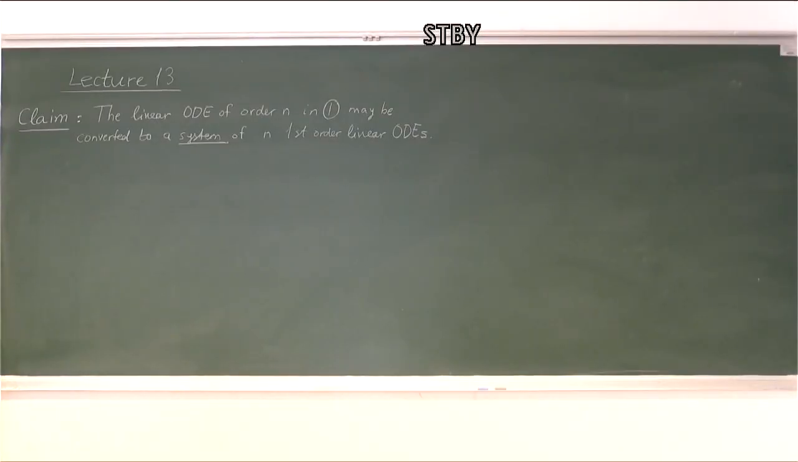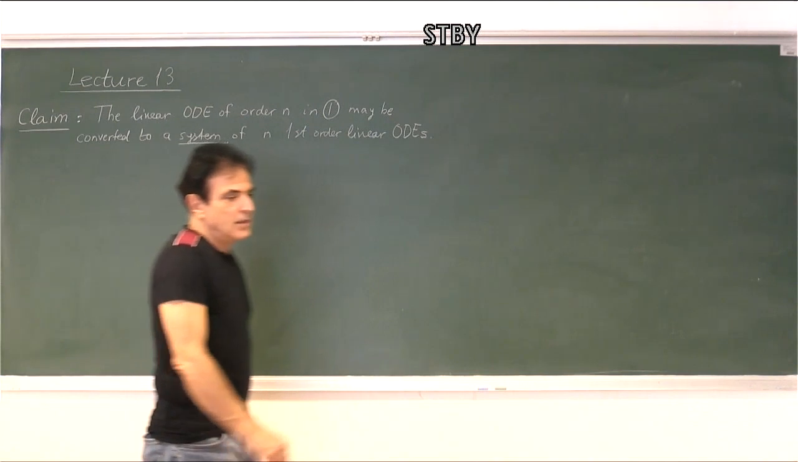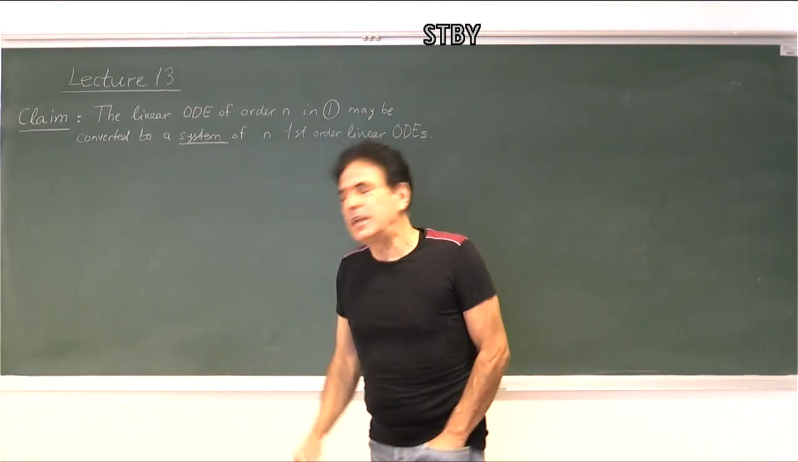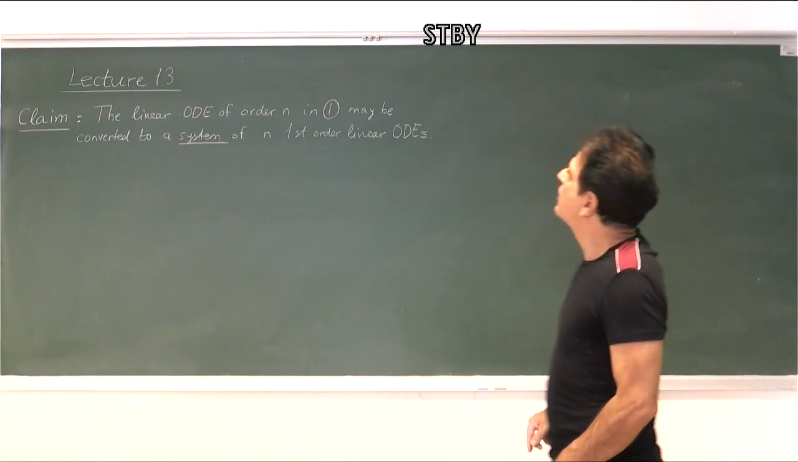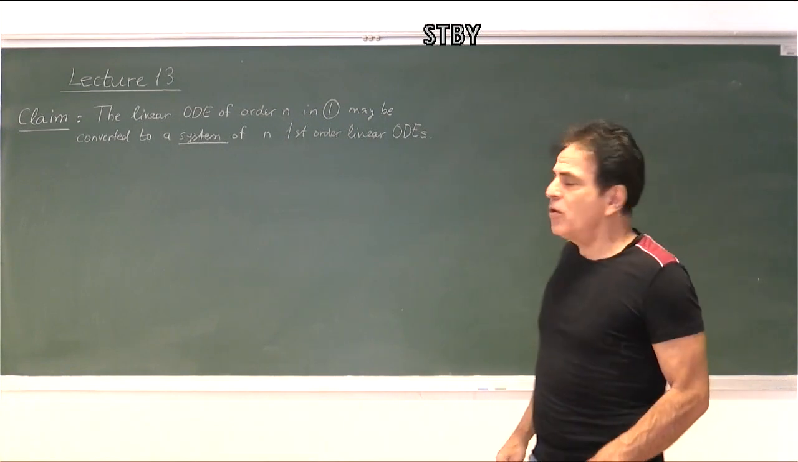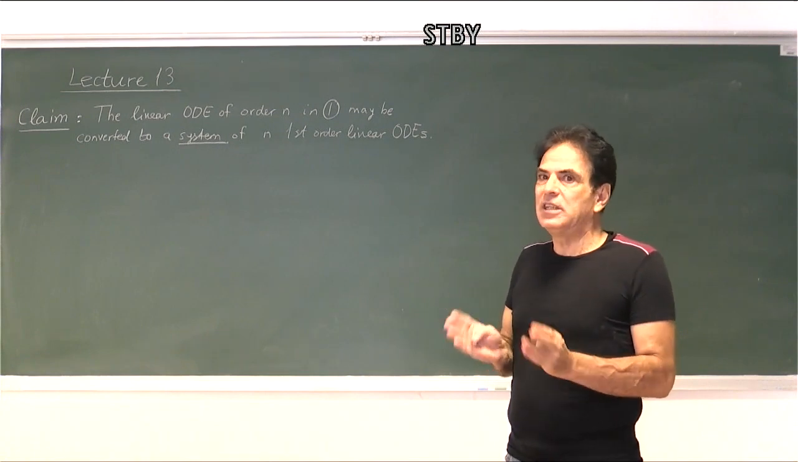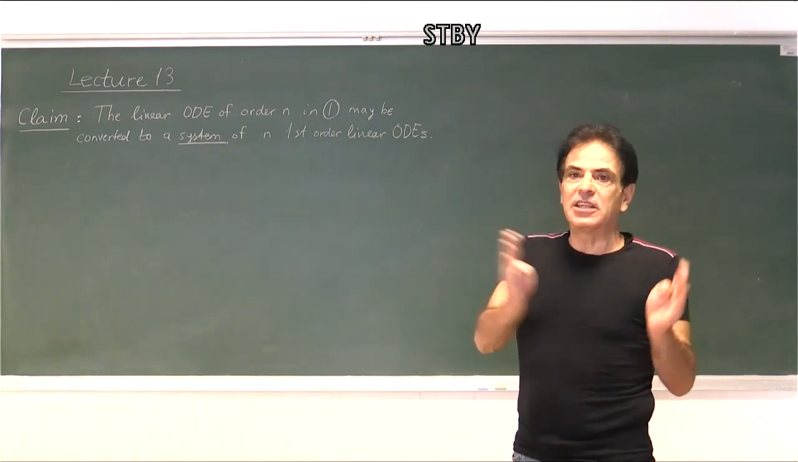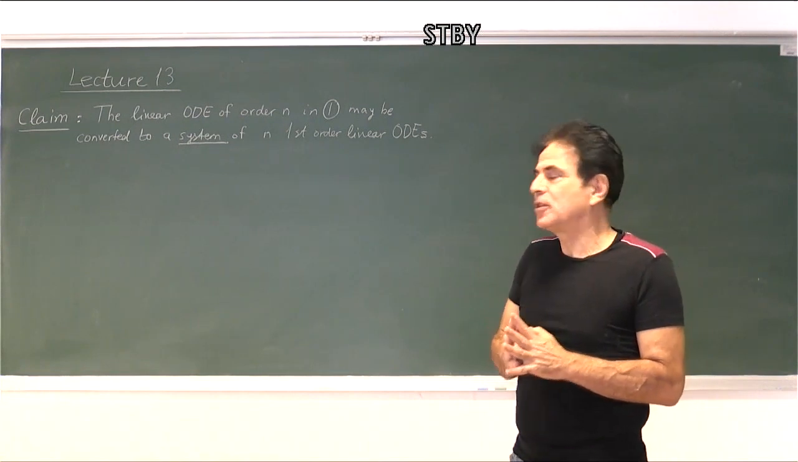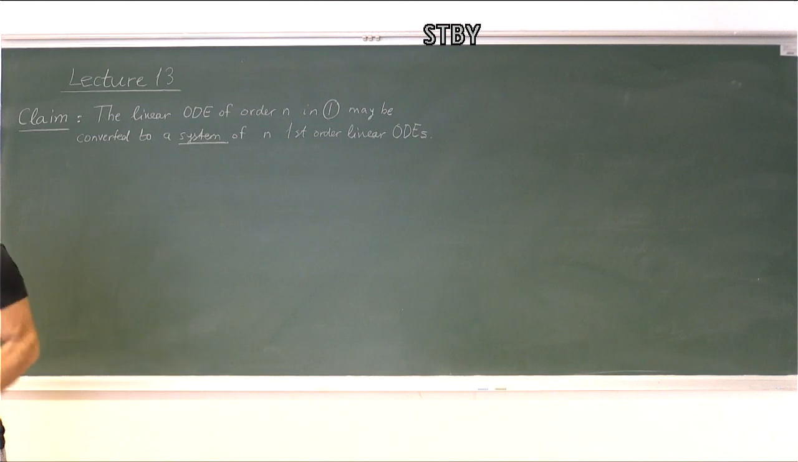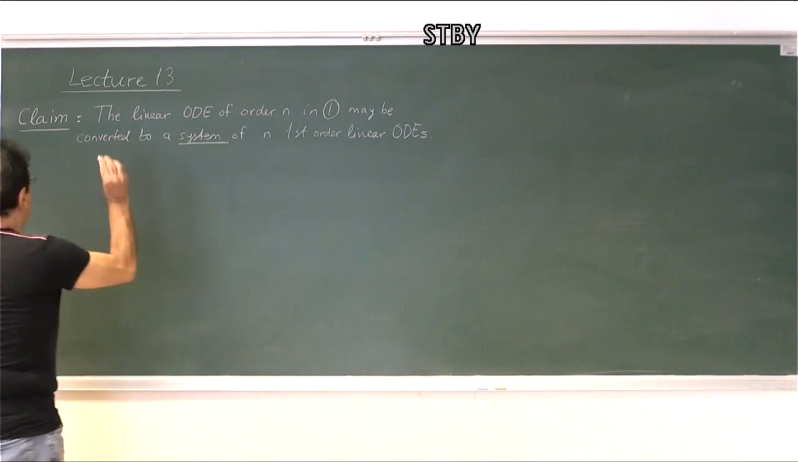Okay. So, in fact, a first or an nth order linear ODE may be converted to a system of n first order ODEs, which was discussed in our previous lecture. Good? So look, let us show that, recall that